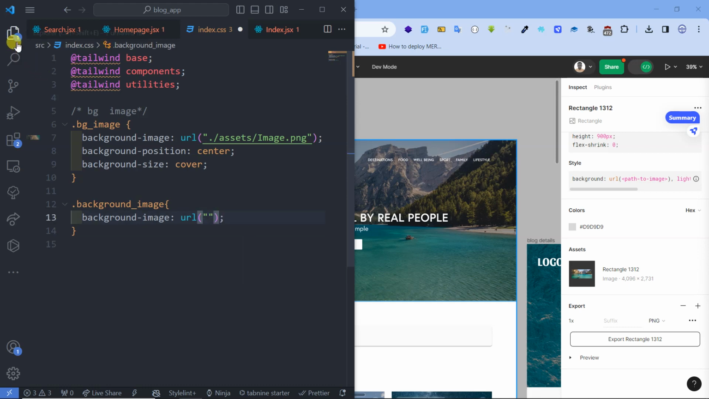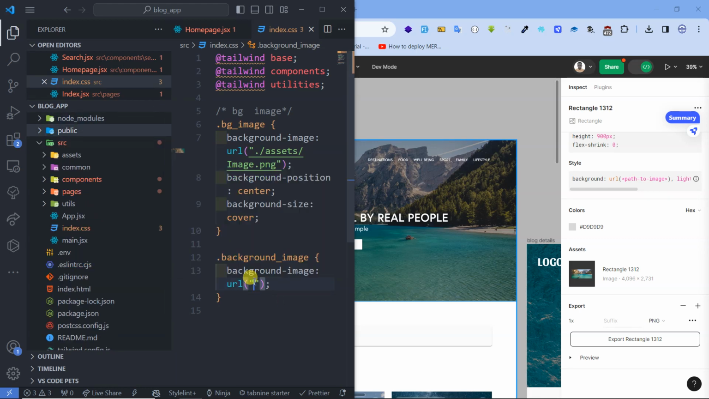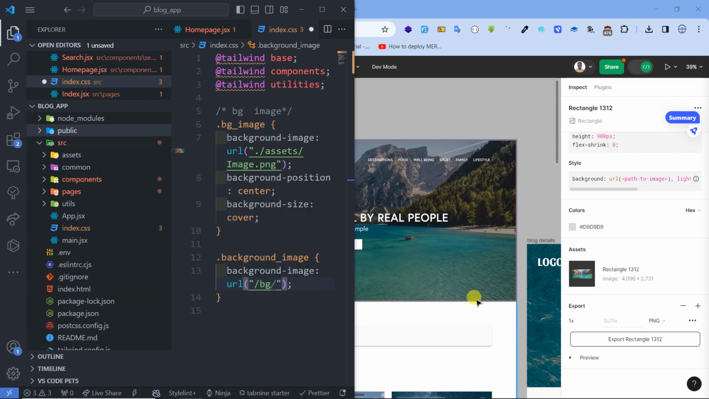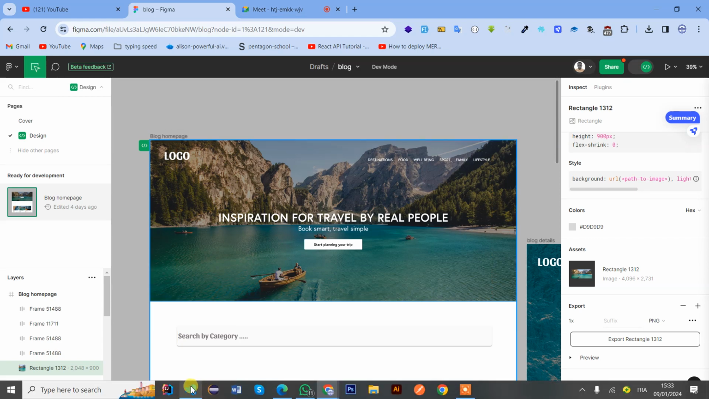So my image is coming from, let me see, bg1. Okay, it's coming from public. So if it is public, I'm just going to make slash, then I will type the name of the image. Okay, the name of the image is bg1. Let me open it again, bg1.png. So I have to write bg1.png like this. Now if I save and try to see my progress here,